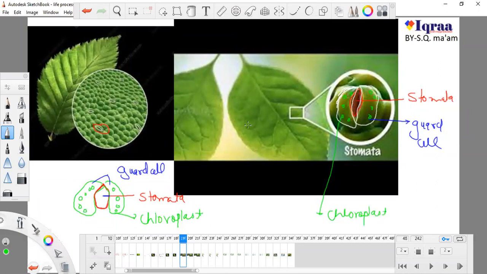On the leaf surface, this is the upper region of the leaf surface and there is also the lower region of the leaf surface. There are many stomata present on the upper and lower surface of a leaf, which we will study later on. There are more stomata on the lower surface. This is the upper surface, and behind this there is a lower surface, but the lower surface has more stomata.